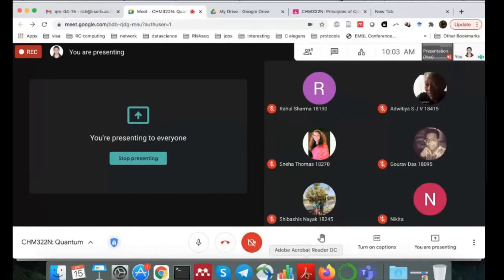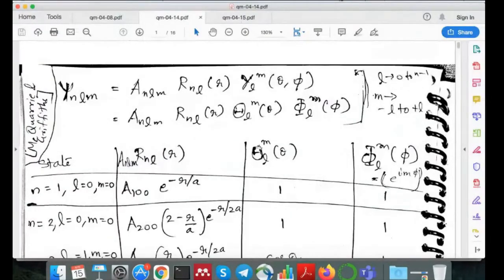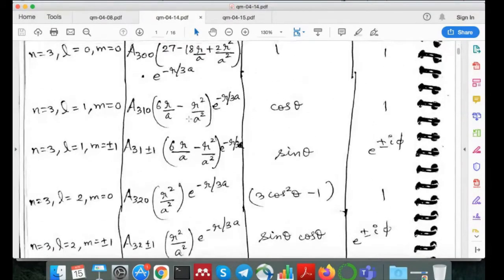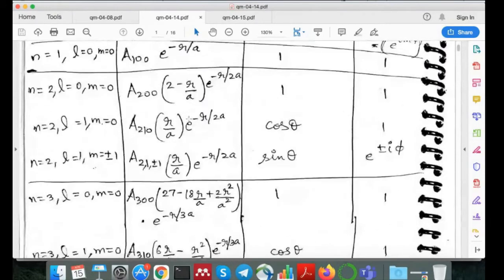All right, thank you. So I'll just do a quick recap of what we learned yesterday, and then I'll proceed to today's class. Yesterday we looked at these individual eigenfunctions for the various n, l, m values, right? And we had a table for it. And after this, using this table, we created